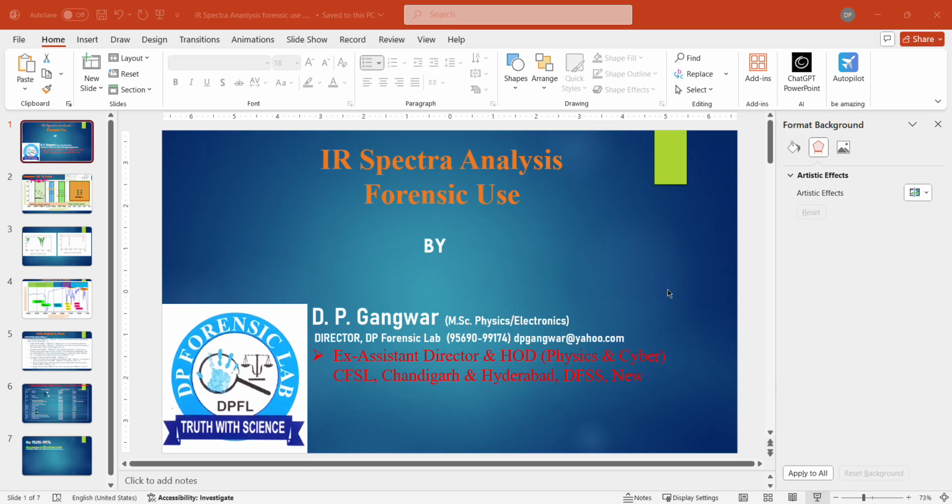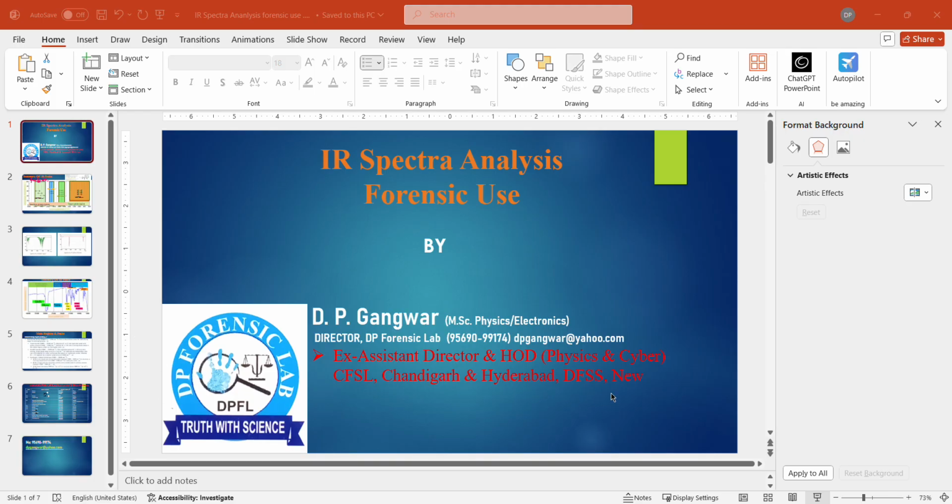In the fingerprint region, the number of peaks is very large. Many peaks come in this region due to the vibrations of the molecules or atoms, so this is used as the fingerprint region. And for the identification of the groups present in the material, whether it contains a CH2 group, CH3 group, or OH group, like this,